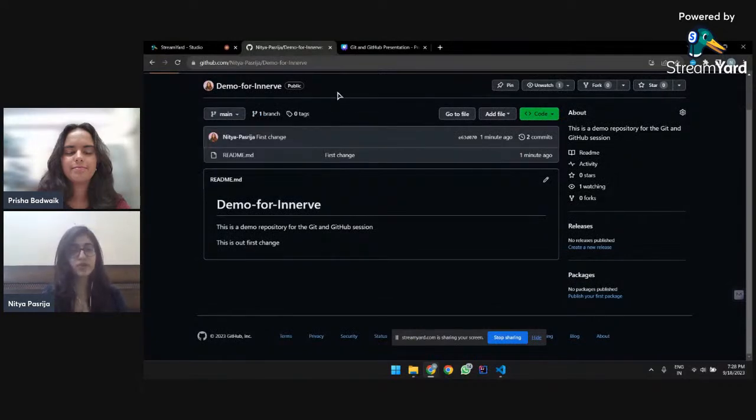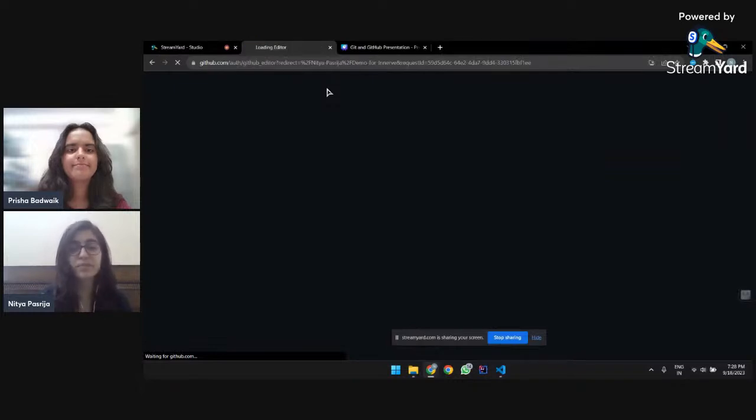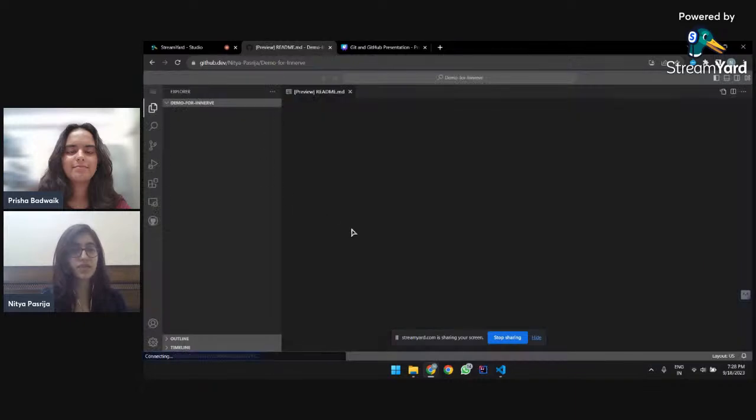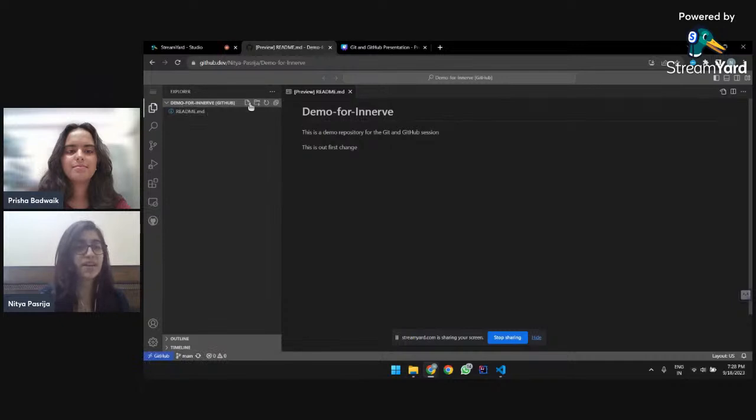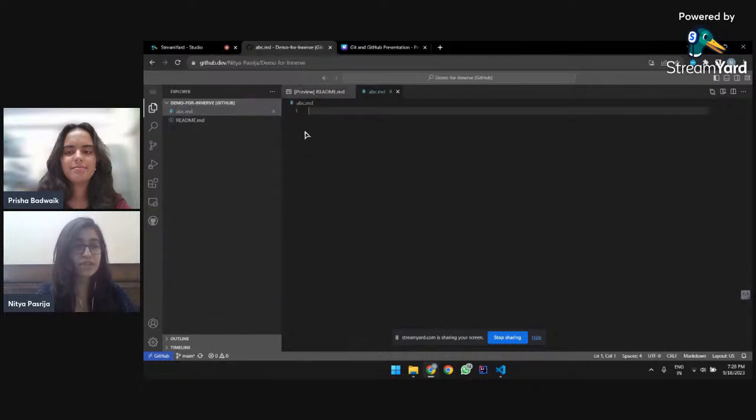For those of you who are using Windows, just click the dot key, and github.dev would automatically activate. So this is a very VS Code like system here. And now let's create a new file. Let's say abc.md. Markdown files are basically just text files like the readme.md, so that is fine. HTML files are the code ones. Let's say this is a new change